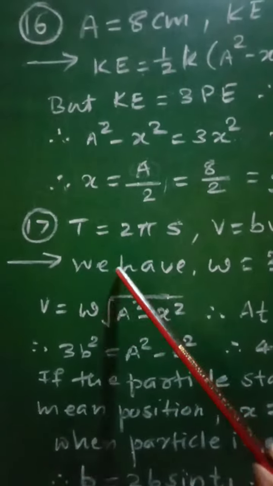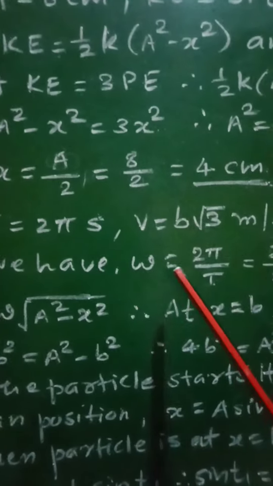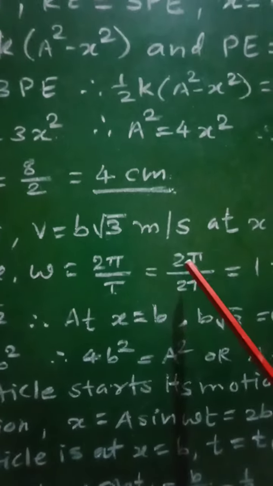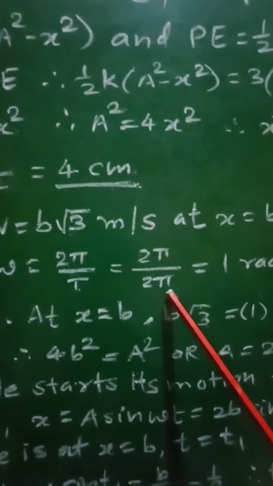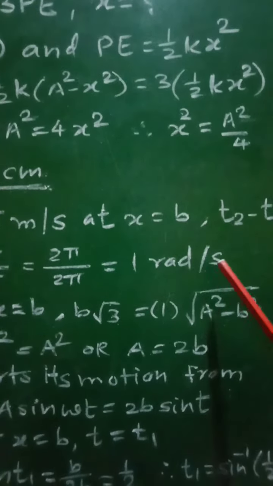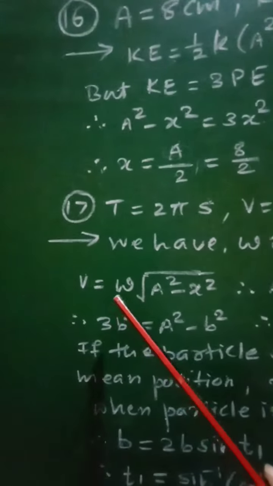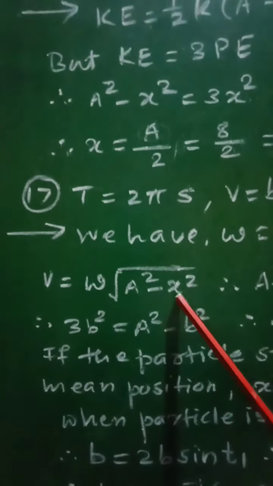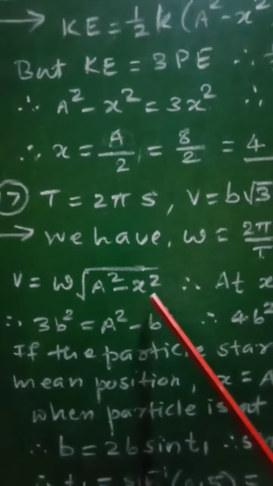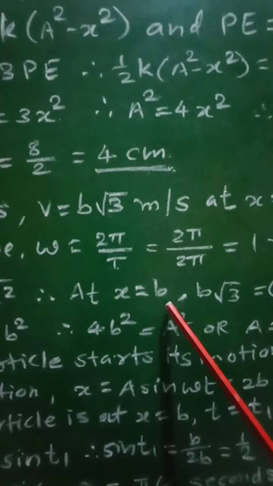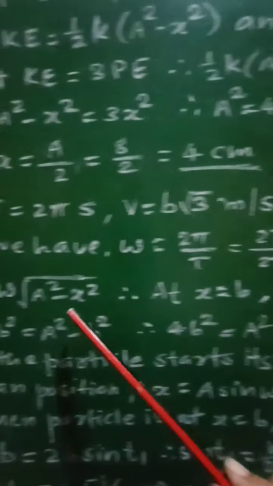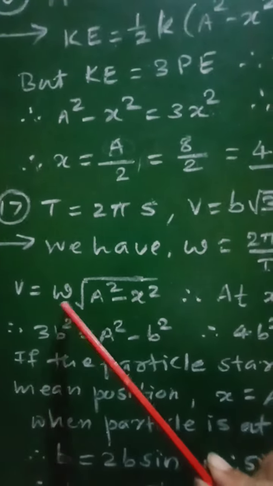Now we have angular velocity omega equal to 2 pi by T, therefore T is equal to 2 pi, and therefore omega equal to 2 pi upon 2 pi equal to 1 radian per second. So omega is 1 radian per second. Now velocity v equal to omega root a square minus x square. At x is equal to b, that is for initial displacement x equal to b, this equation will be written as v is b root 3,